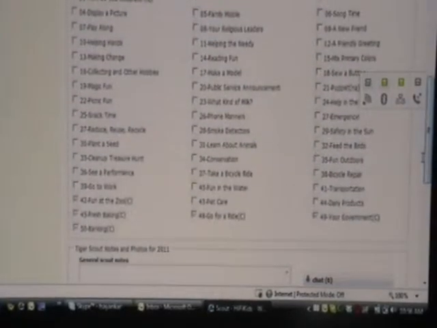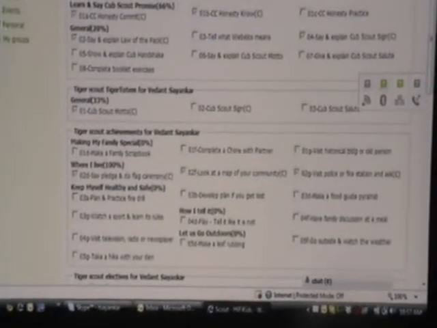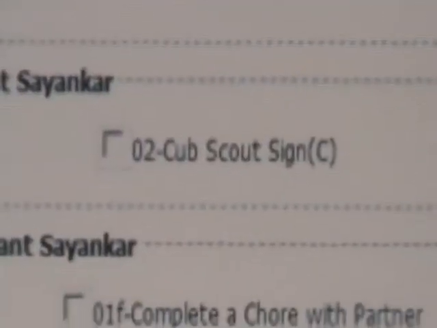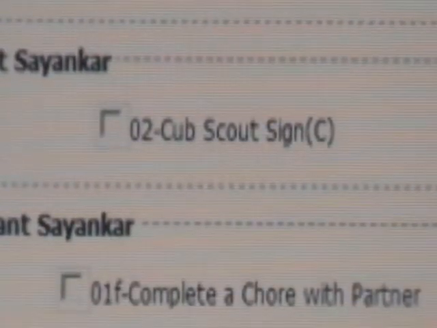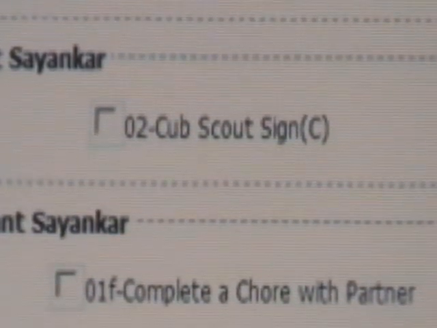Okay, so let me explain what it means here. Let me show you one example. Cub Scout sign. Cub Scout sign, on the right hand side you see the C sign here.